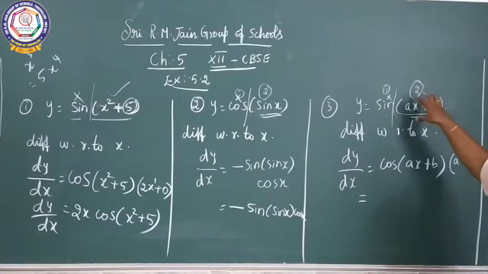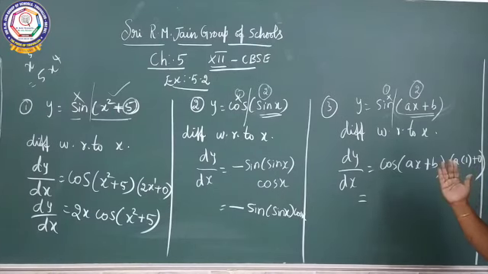Then you have to concentrate on this. If it is cos x or sin x, we have no problem. If it is a multiple of terms, an addition of terms, or any operation is there, you split the term and do it. This is a chain rule method. Okay, this method is a simple method, you will do it straight away.